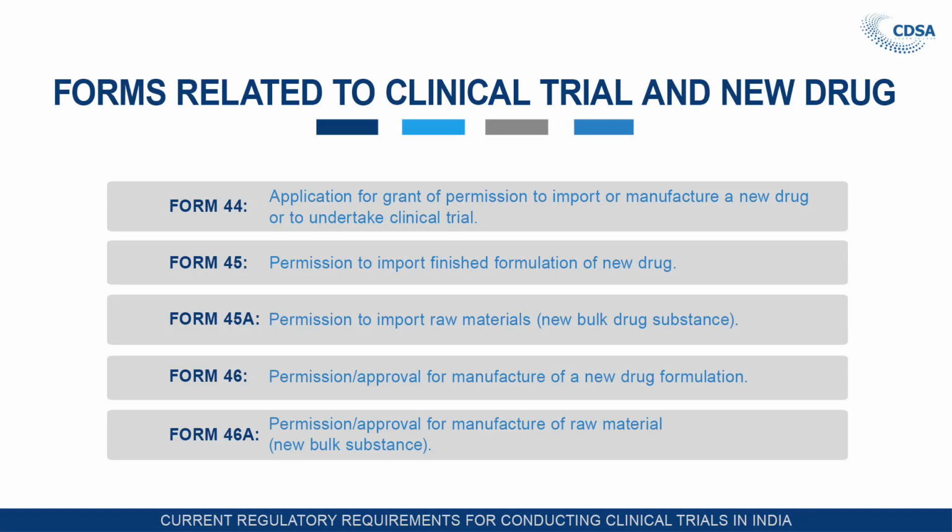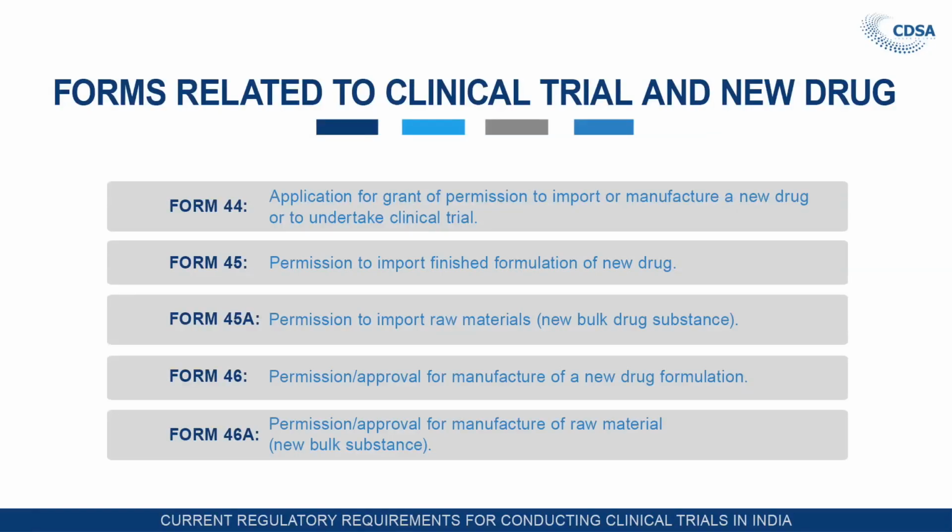Conditions of permission are also given in this permission, and these conditions are regarding that the applicant will follow the specification of the drug which he has submitted, then the labeling condition, whatever draft is approved, that label will be there on the final package, and also the warning, if any, that the applicant has to give on the label, that is also given. Warning like to be sold by retail prescription of gynecologist, diabetologist, or whatever is approved by the licensing authority, that warning also has to be written by the applicant.